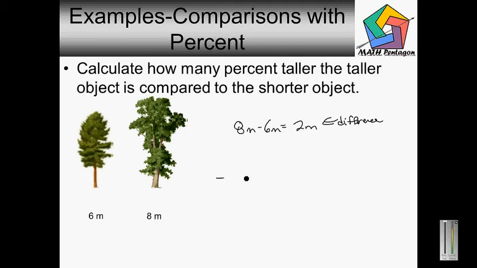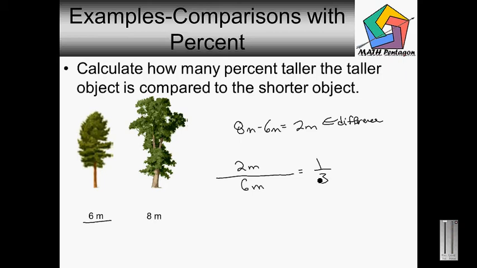So we would put the difference as our numerator. And for reference, we want to compare it to the shorter 6 meters. So 6 meters would be our denominator. Now we reduce this fraction to 1/3,